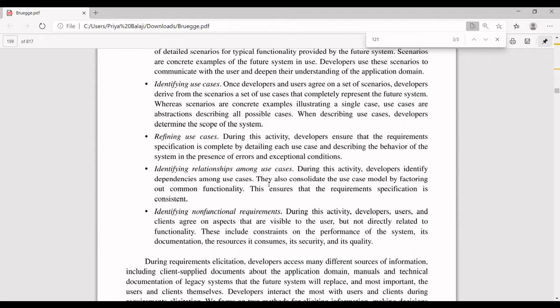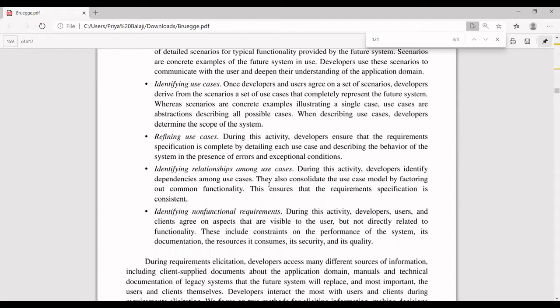If you have a separate balance checking use case, that also has to check whether your balance amount is less than or greater than whatever is requested. So both require database communication. So I can say that the relationship between these two use cases is the database. Both have to check. Even if you want to check the balance, or if you want to withdraw, your ATM card number has to be verified. So that is the relationship between two different use cases. Like that, I can have a relationship among the use cases.